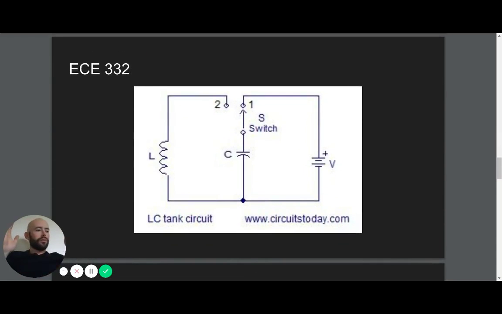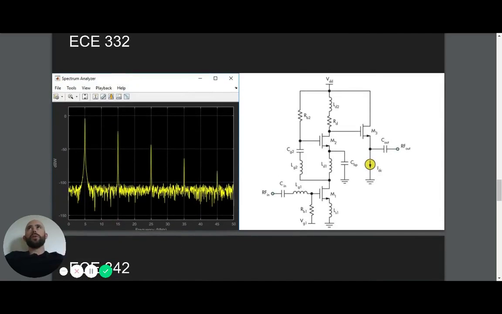So the most basic frequency local oscillator is just an LC circuit. And as the capacitor is charged, the energy from the inductor is pulled from it when the switch is closed to it. We're just charging the capacitor right now with that switch in the position it is. If the switch goes to 2, the capacitor is going to discharge until the inductor is charged, and then the inductor is going to discharge, and they're going to bounce back and forth. And the frequency at which they do that is what creates the local oscillations, which is what we use to